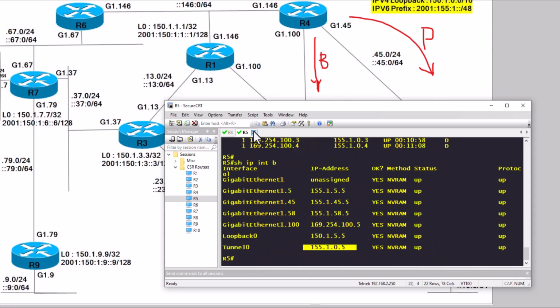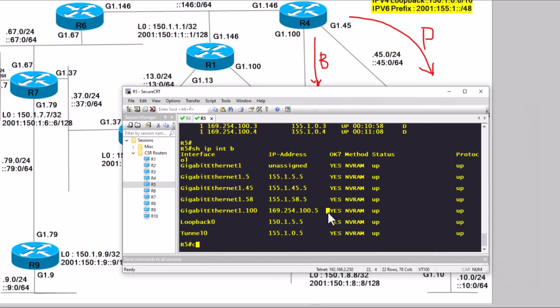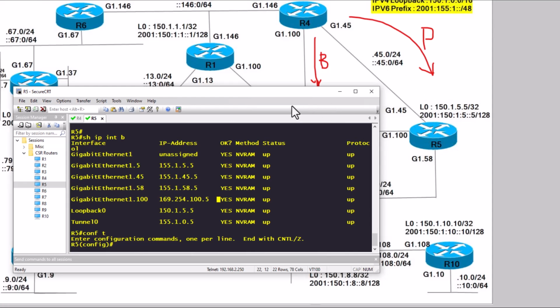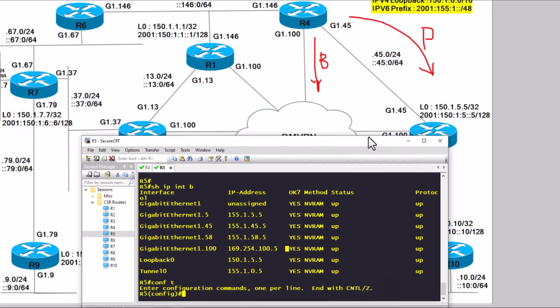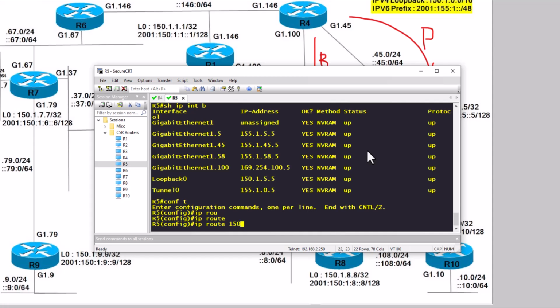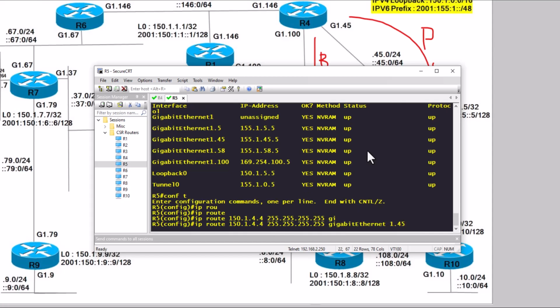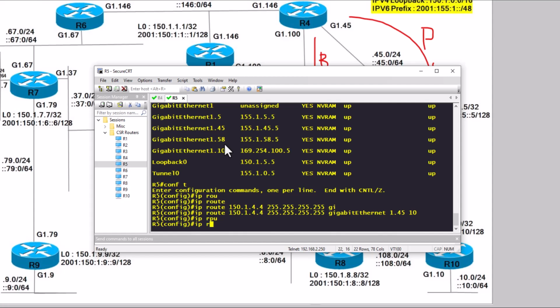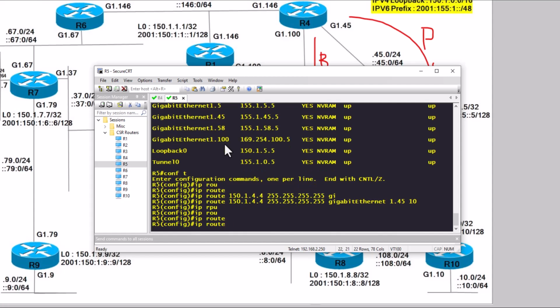I have to do the same on router R5. The primary is here, and the secondary goes through the DMVPN tunnel. So IP route 150.1.4.4 with the subnet mask of 32. Gigabit 1.45 is the primary, and I have to put the administrative distance of 10. Then another IP route 150.1.4.4